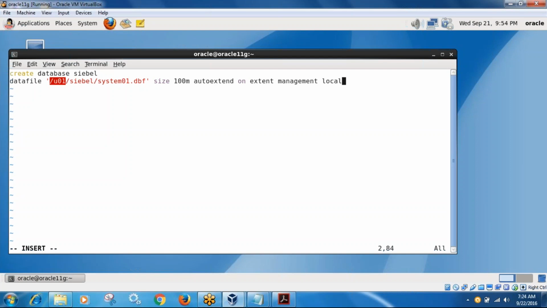This is the thing that I have given properly in the Oracle database. Create database Siebel, data file U01 Siebel system, for the system table space we have a data file called system01.dbf, it is 100 MB and it is automatically increasing. Is it okay? And the next thing is,